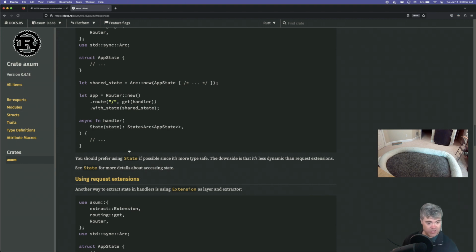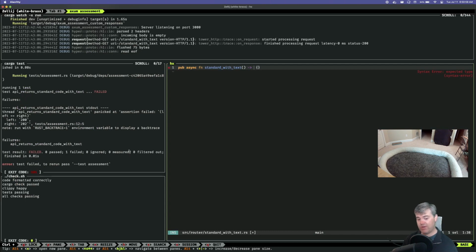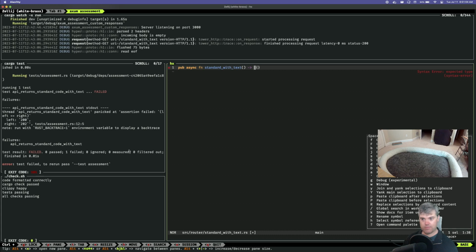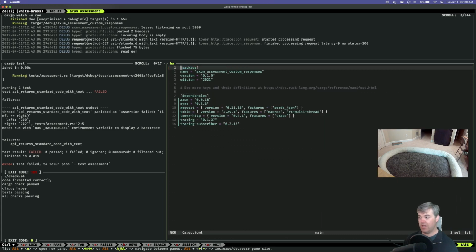In your Cargo.toml, how are you spinning up everything? Are you using cargo? You can do cargo new to spin up a new application. And are you using rustup to manage the Rust version?